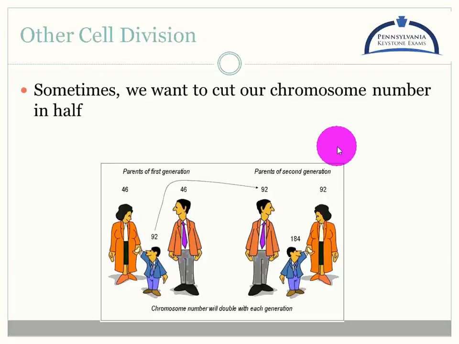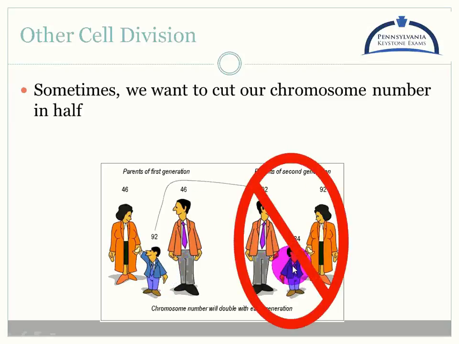Okay, so moving on from mitosis to meiosis. Certain times we're going to want to cut our chromosome number in half. Like I said, as human beings, our magic number is 46. So if I have 46 chromosomes and my mate has 46 chromosomes, our child would have 92. 92 is not the correct number for a human being. And then if this person were to grow up and mate, his child would have 184. We do not want this scenario to happen. We want to keep the correct number, 46.